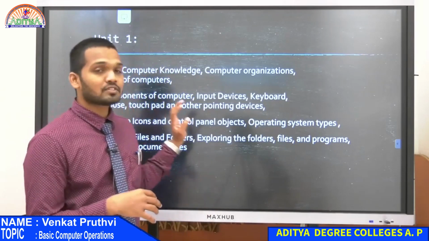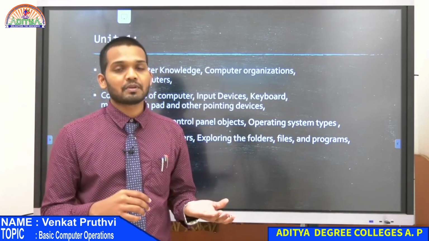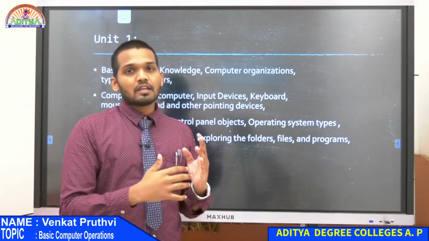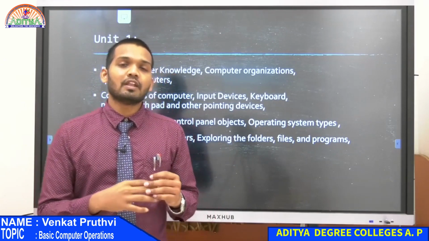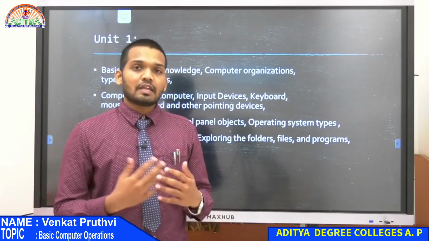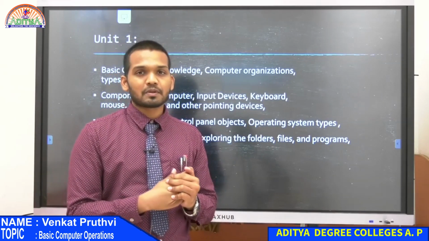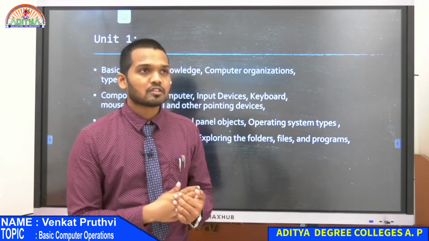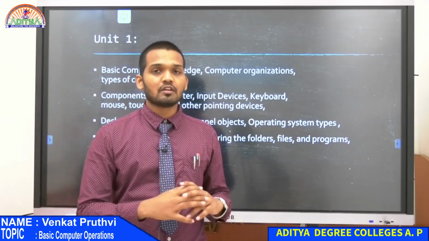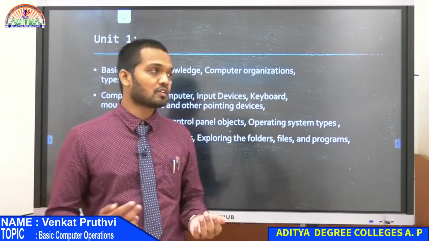Once you have some basic fundamental knowledge about the different kinds of computers that were present in the past and how they were operating, it will become much easier, and we'll have a different kind of exposure where we'll be able to understand the technology that we are using today. Otherwise there will always be a gap if you don't understand the fundamentals. That's why I'm trying to make sure that you understand what a computer actually is, how many kinds of computers we had before and how we evolved into the present generation.